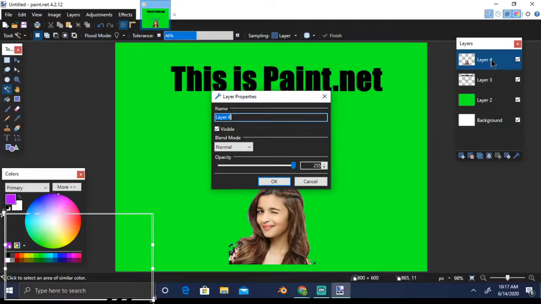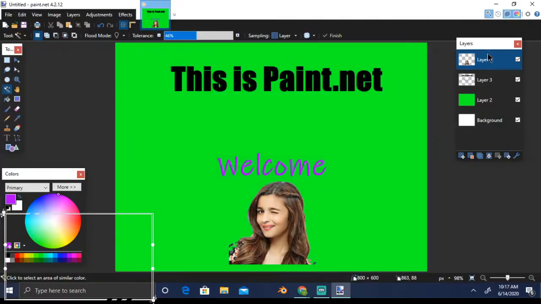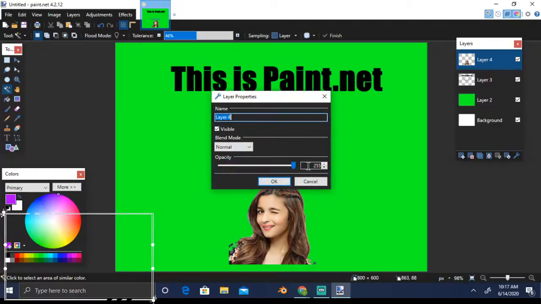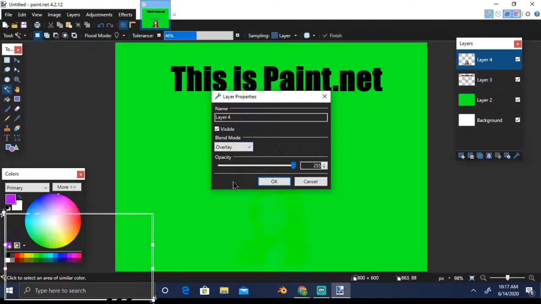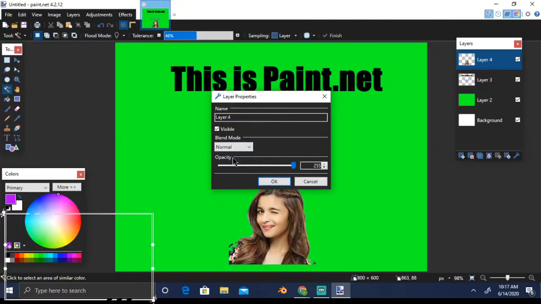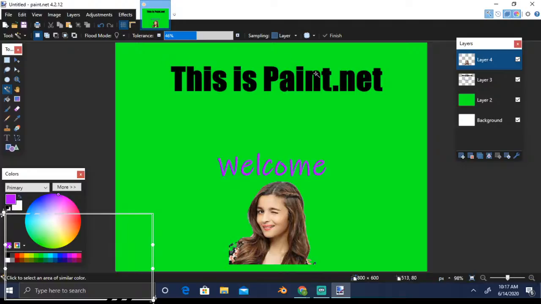I have done this in a different layer. Double click on the layer and you will get a lot of properties here. Increase the opacity. Let's say if you want this image not to be very prominent, you can reduce the opacity, and you can play around with this. You can play with overlays. Overlay means the background color will take precedence on it. You can select normal. Again it has become normal. So we just took one image and deleted the background, and then we created this.